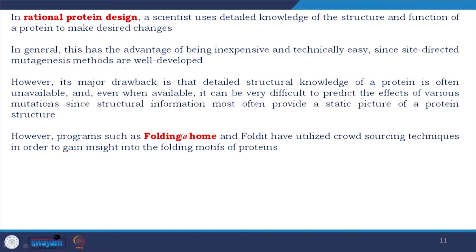However, programs such as Folding@home and Foldit have utilized crowdsourcing techniques in order to gain insight into the folding motifs of proteins. So, if you had just gone through the module of MD simulation, you will see that